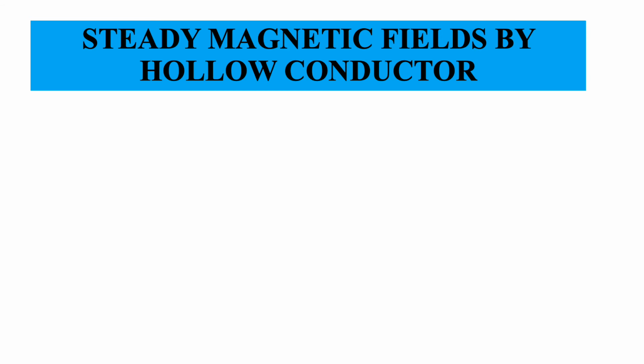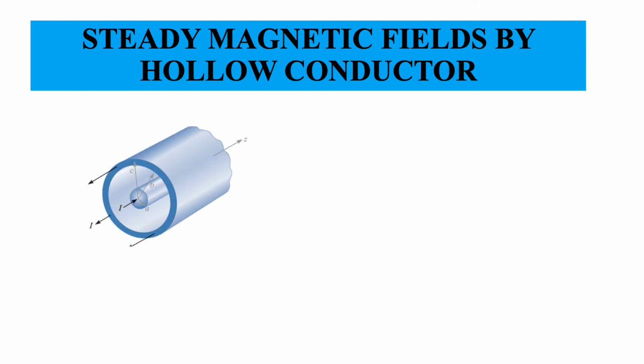Let us look at the third and final example, what is called a hollow cylinder or hollow conductor. Two such hollow cylinders will actually give a coaxial cable. We will not discuss the coaxial cable now because we want to keep that for the inductance calculation. But before that, you need to know how the field of a hollow cylinder works.